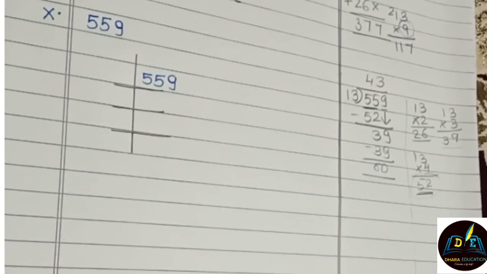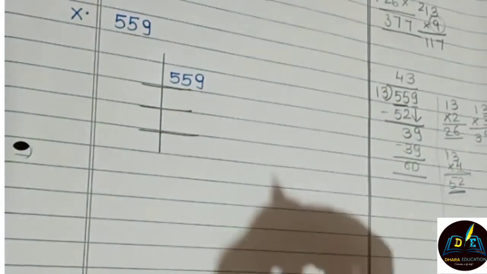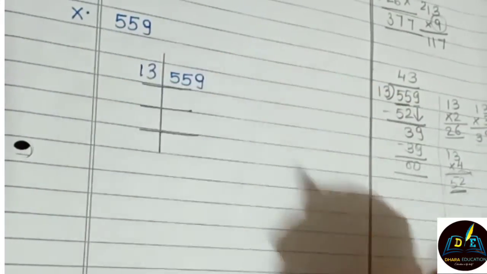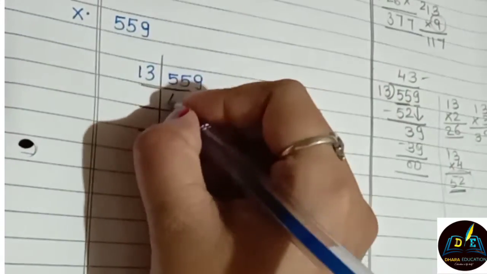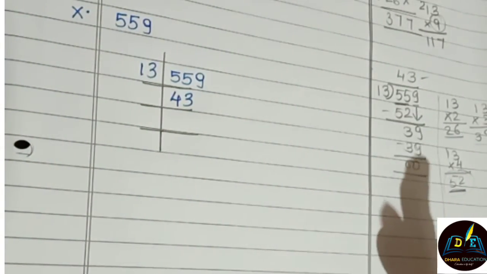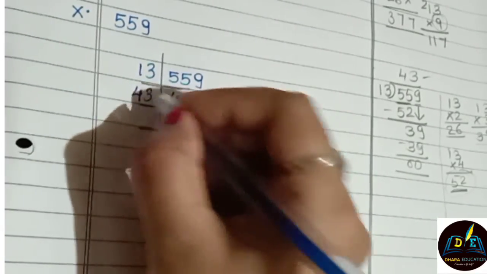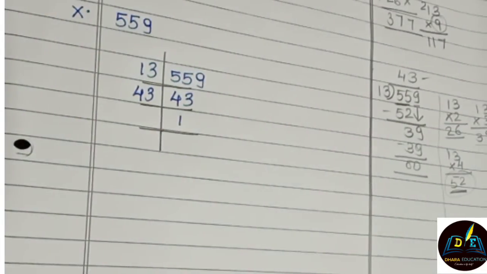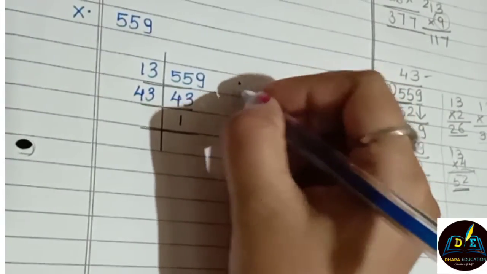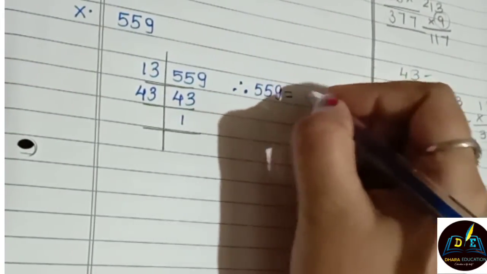Okay. So here what we need to do is divide 559 with the 13 table, and the quotient is 43. As you know, 43 doesn't come in any other table. So in that case we need to write 43 ones are 43. So that is it. The numbers and the question are like this.